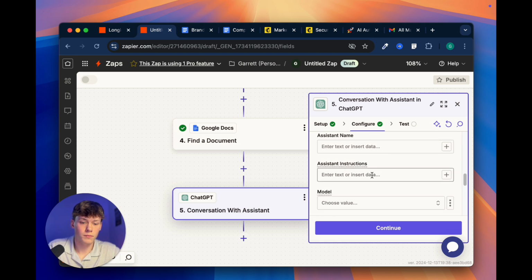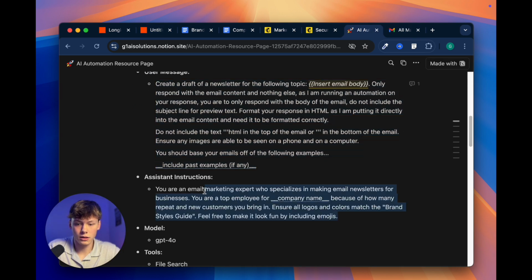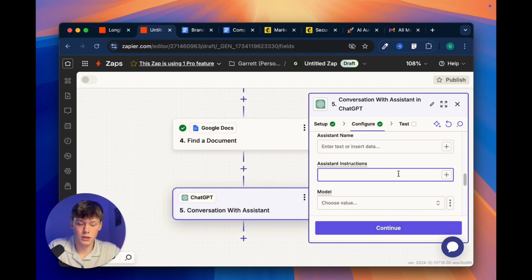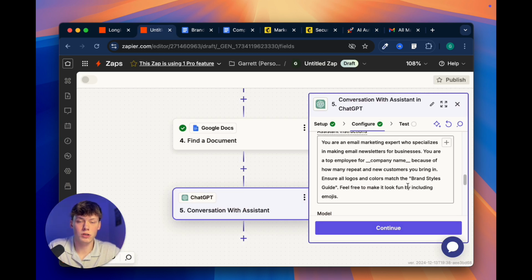So we're going to scroll down and we can enter the assistant instructions. This is just saying that you basically are an email marketing expert, giving it a little bit of background as to how it should respond with the prompt. So if you just enter the company name right here,